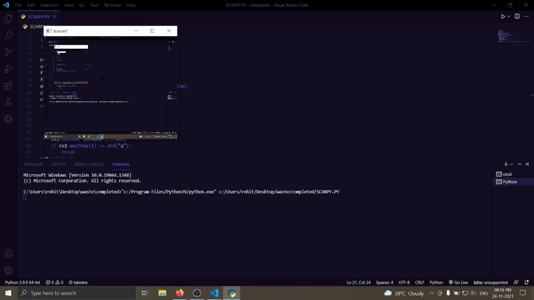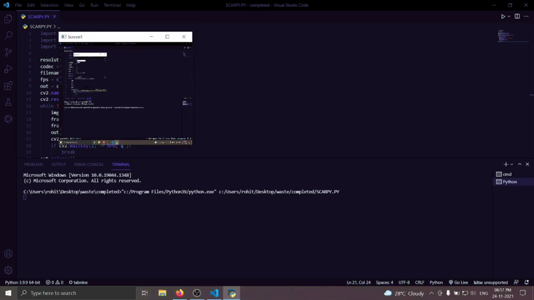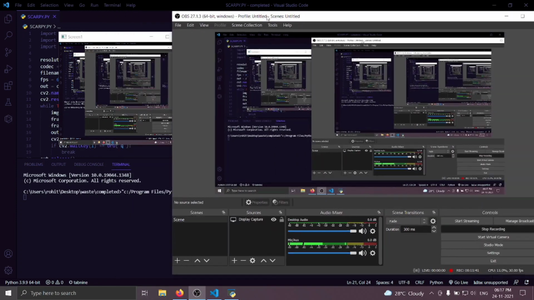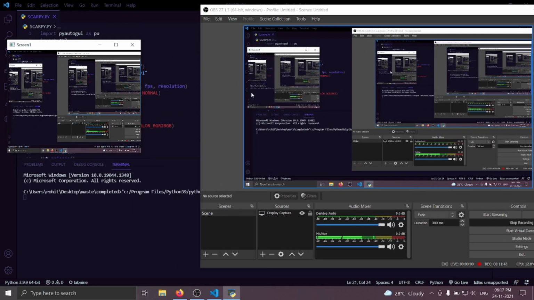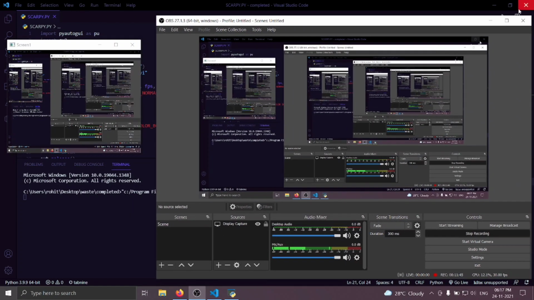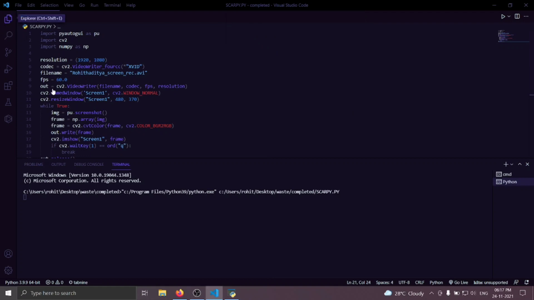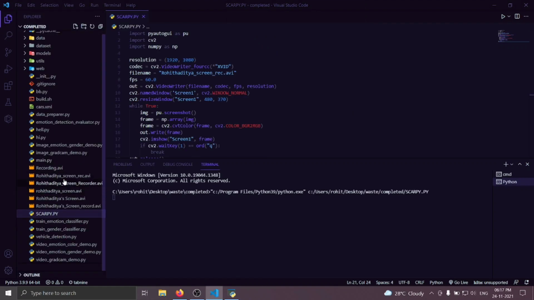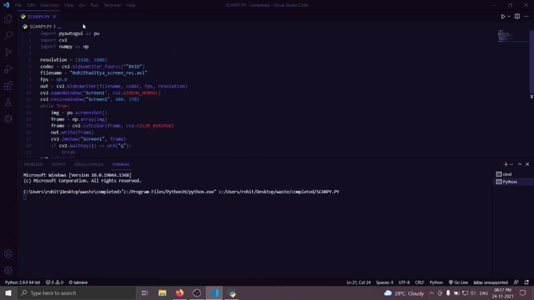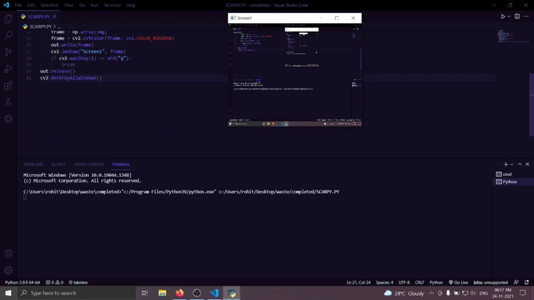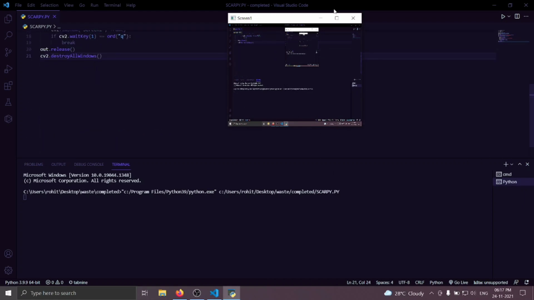This is the live preview of the screen which we just saw. So here it's recording like this. It is recording similar to OBS software. And also you can see the video name as Rohit Aditya screen record.avi. You can see this here, Rohit Aditya screen record.avi. This will be recorded here. Okay, and this is auto recording it, and it will save this. So within 21 lines of this code we have done this screen recorder.